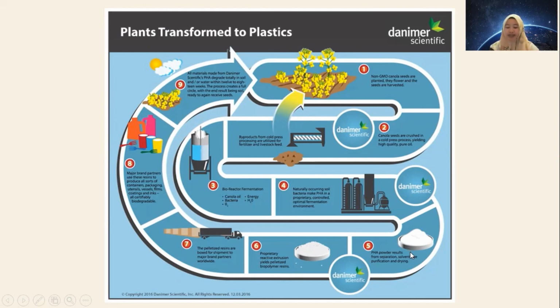For example, if it is injection molds, the bioplastic that is used is a different composition than that of the thermoforming resins. So this is where it will be then processed and separated according to each product that is customized. Then it goes to the sixth process, which is it will be then formed into pelletized biopolymer resins. These biopolymer resins will then be shipped to those major brand companies, and those major brand companies will then form the end-to-end products such as cups, plastic spoons, bottles, and whatnot. And that is the end process.